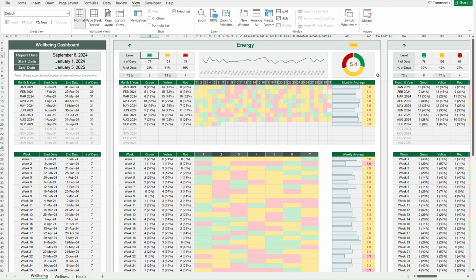Naturally, green represents good, yellow neutral, and red bad. And as you can see, icons differ from energy to mood and to stress, which we saw earlier. Next, to the right of that table, you have a weekly time series view of the distribution of your values. This is displaying the average values from your journal for each one of the elapsed weeks. So you can see that it goes from week 1 all the way to week 36, which is the last